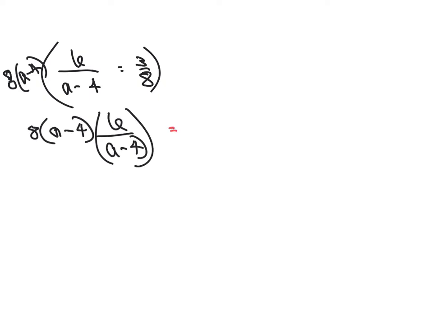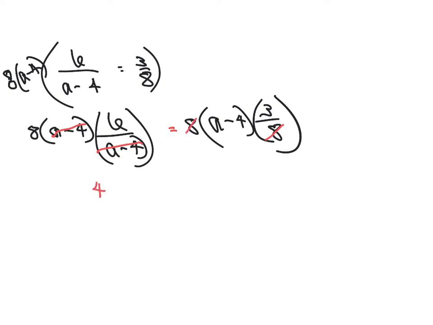So what that'll look like, and that equals, back to black, 8 times a minus 4 times 3 over 8. All right, so what happens then is whenever we multiply by the common denominator, all of our fractions will go away. We'll be able to cancel. And then here we're left with 48, and here we're left with a minus 4 times 3. If we do distribution,